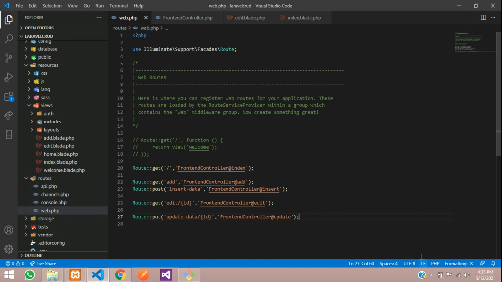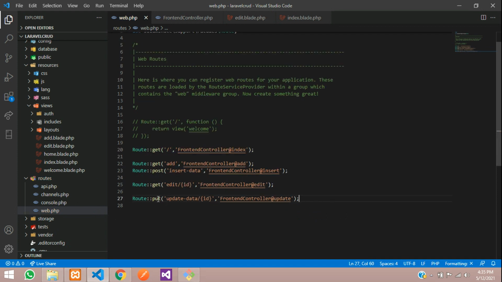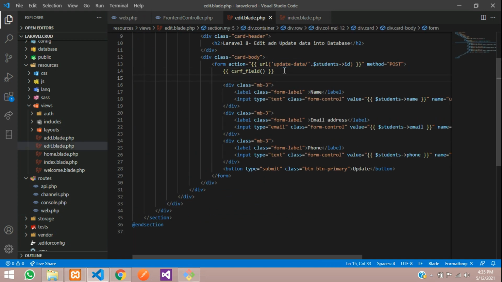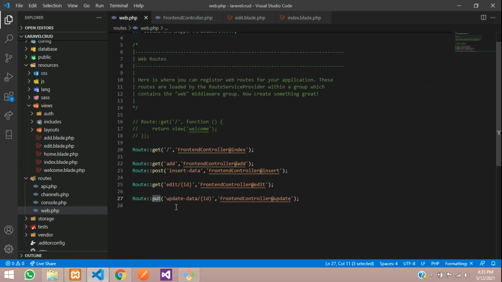One thing you have to note, guys: whenever you are using the put method, go to your form, and after the CSRF field you have to give @method within single quotes, put. Whenever you are using the put method, you have to specify it in the form.